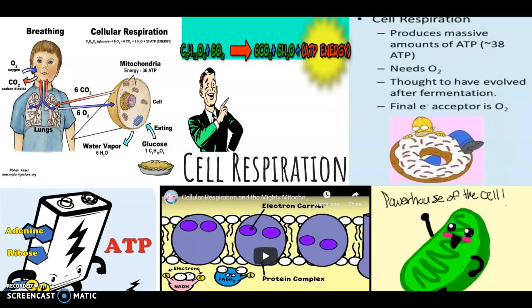If an organism has oxygen and can do cellular respiration, they will produce a whole lot of ATP. So we're talking around the upper 30s. If organisms do not have oxygen and they have to do fermentation, they're going to end up with 2 ATP. So fermentation is really a waste of glucose because only 2 ATP are created compared to 36 to 38. But for some organisms, that is their only mechanism for the production of energy.